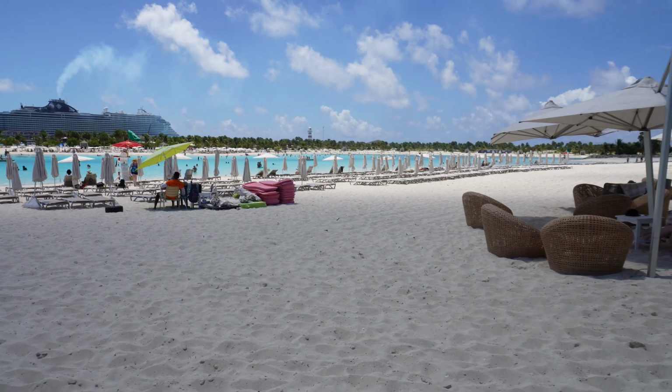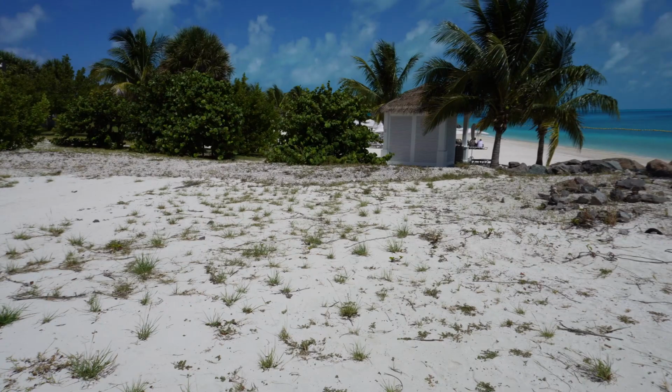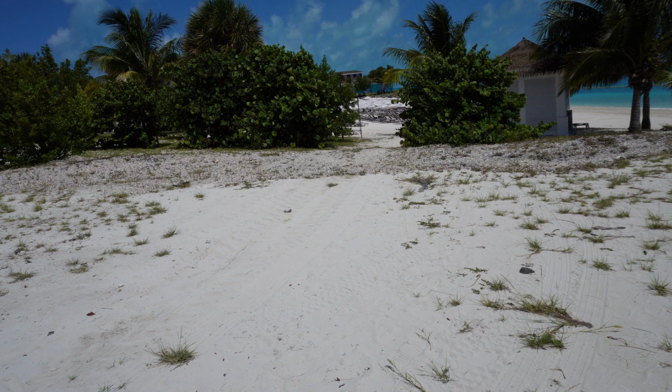Because when I was here, I was all business, to be honest with you. And so I really didn't even get in the water. I was dying to, but it is a big enough island that it took me all day to walk it. So again, absolutely beautiful. And what I was doing here was that I passed this along the way, and this